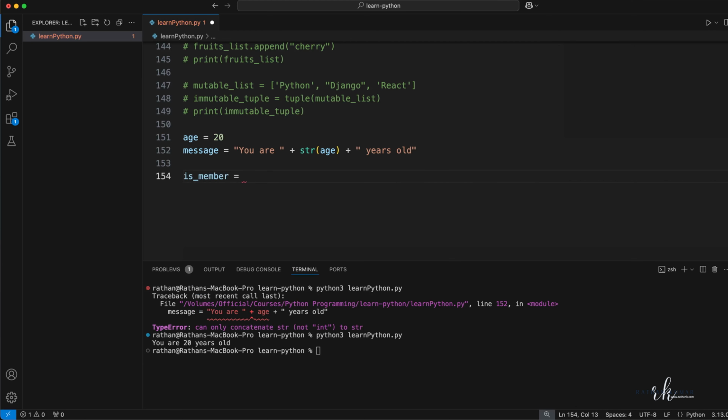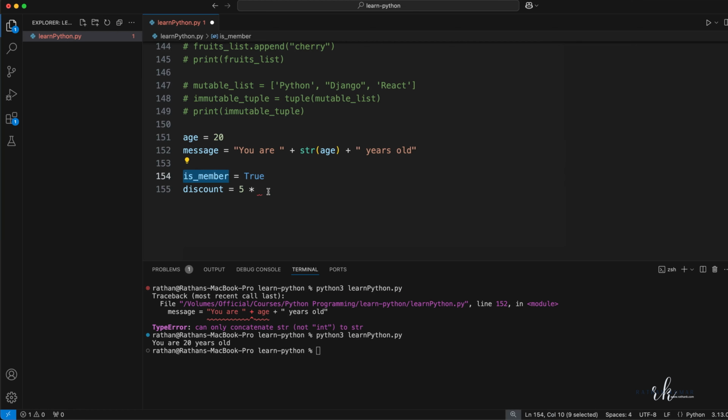The use case can be: if the member is true, then we give him a discount; if not a member, there is no discount. So is member is equal to true. Now let's consider discount is equal to maybe 5 multiplied by